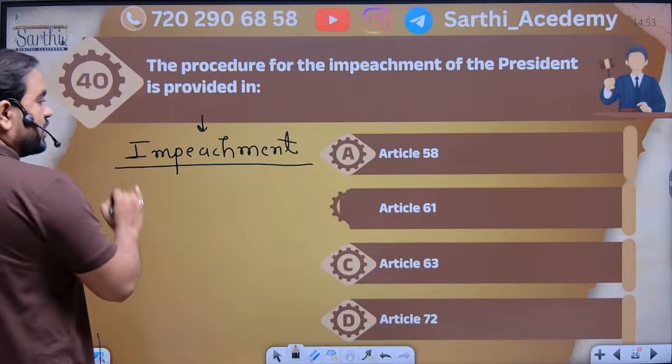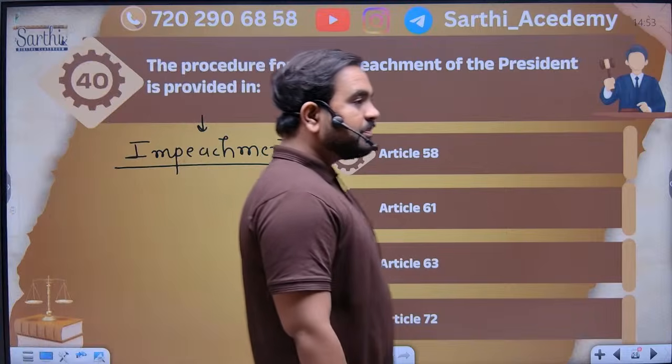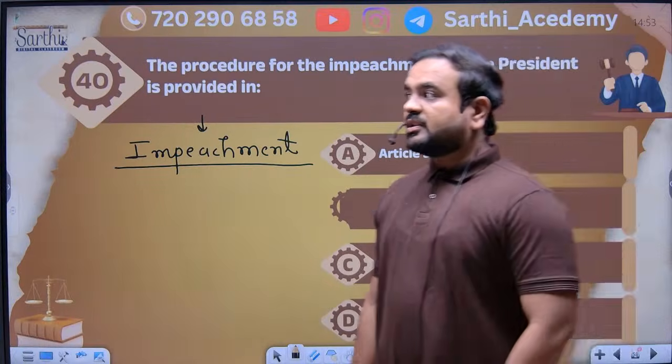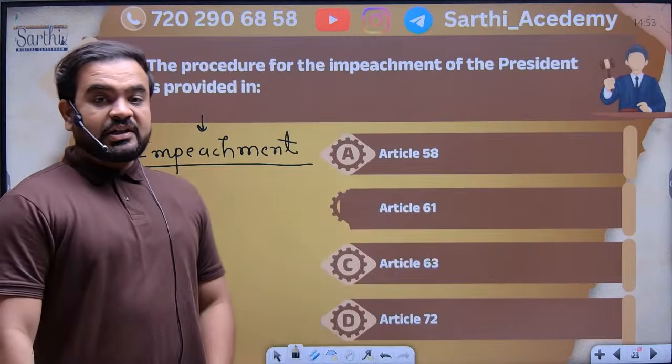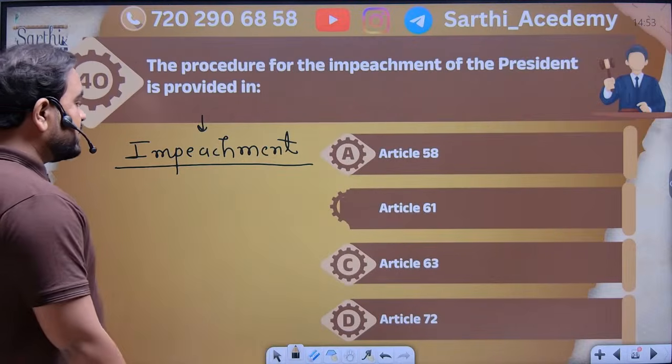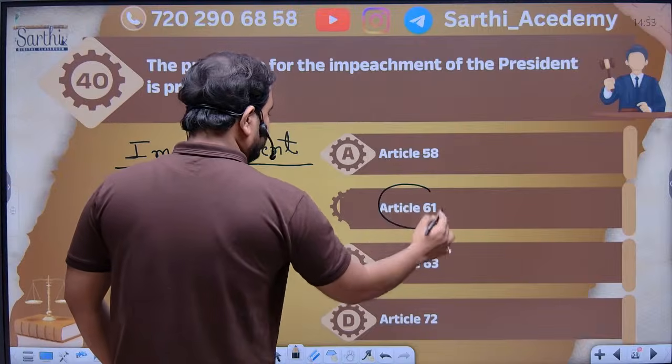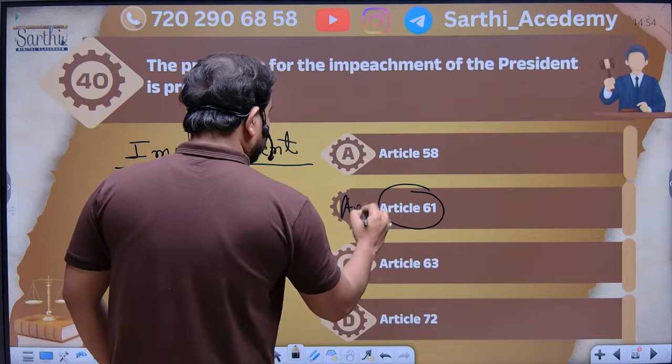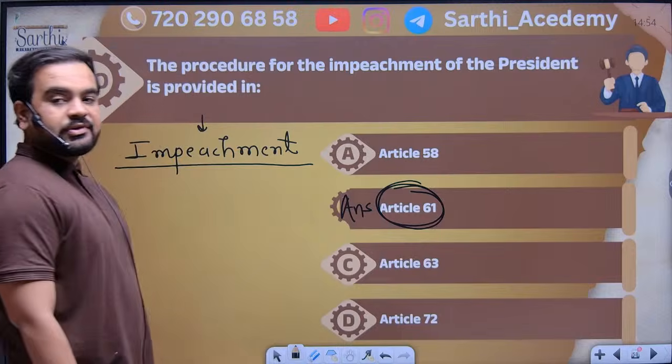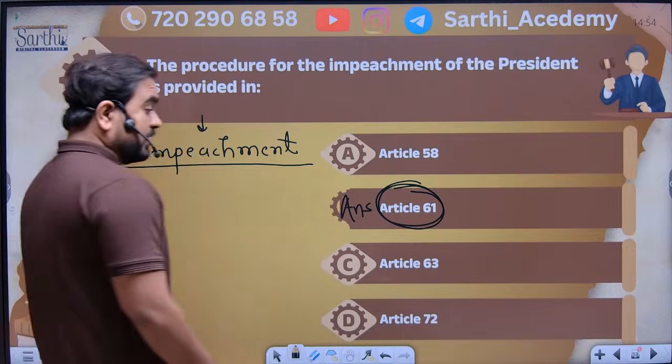So the procedure for the impeachment of the president is mentioned in which article? Is written in which article? Please answer. So it is written in article number 61. So this is your answer. Article number 61. Remember,